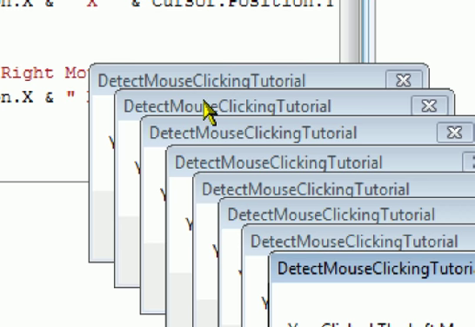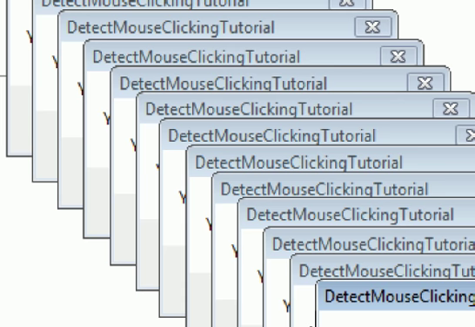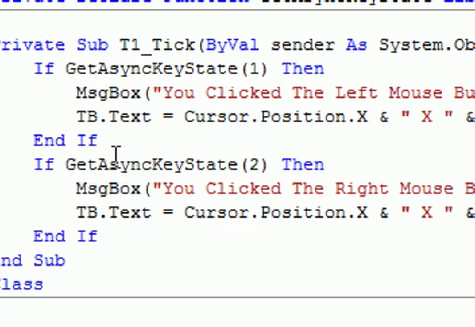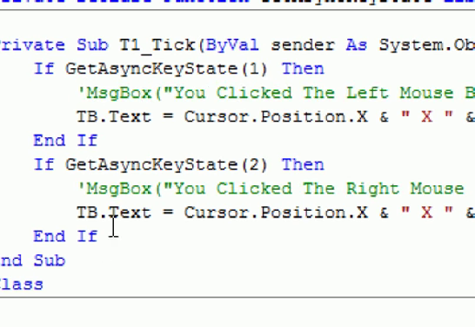But it's bad because when you try to click on the OK buttons, they pop up more message boxes. So that's pretty crazy. I closed that out, and we're not going to do message boxes, because message boxes are very dangerous when you're trying to do this.